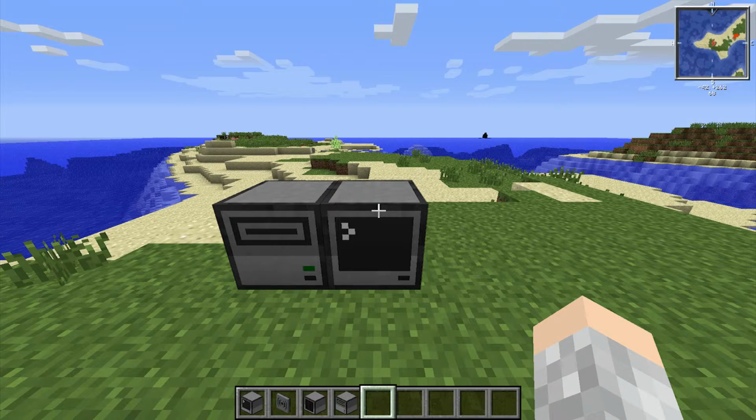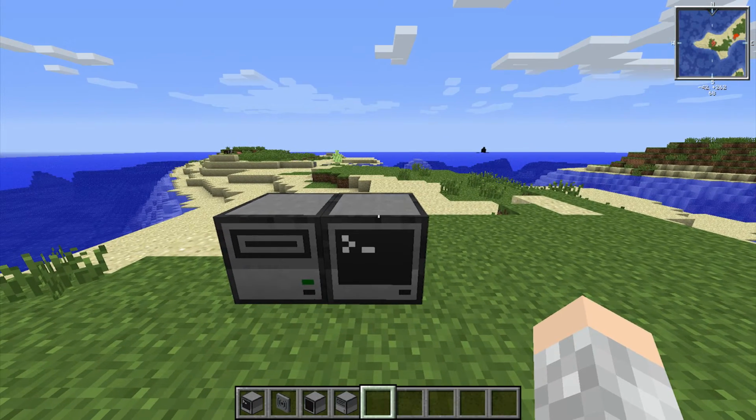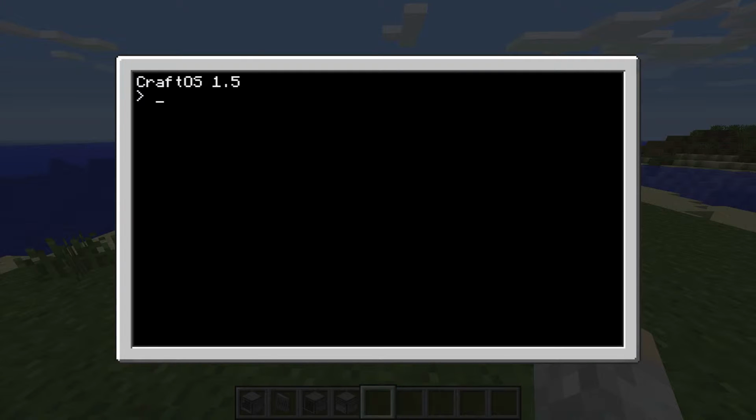So today we're going to get started working on writing scripts, or as you might know them, programs. The first thing that you need to do is know how to create a file. The way you do that is you type edit, and then the name of the file. I'm just going to call this one hello,